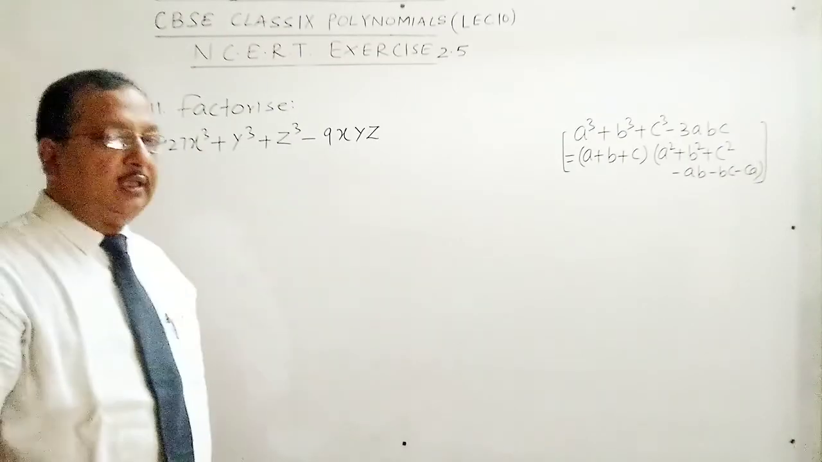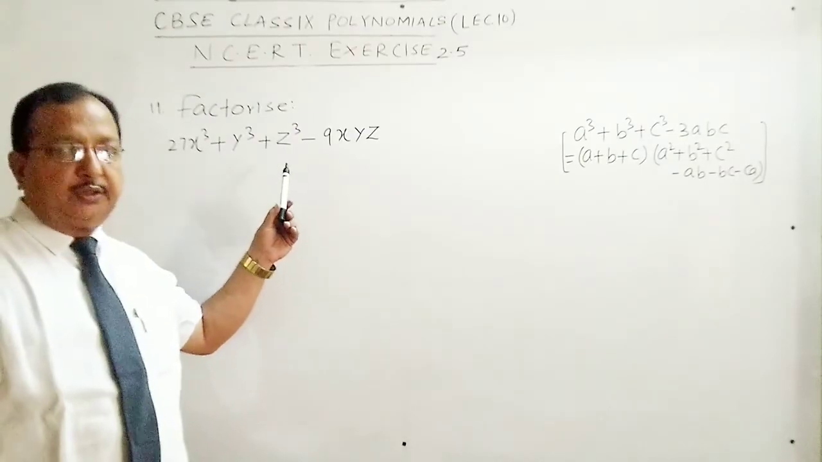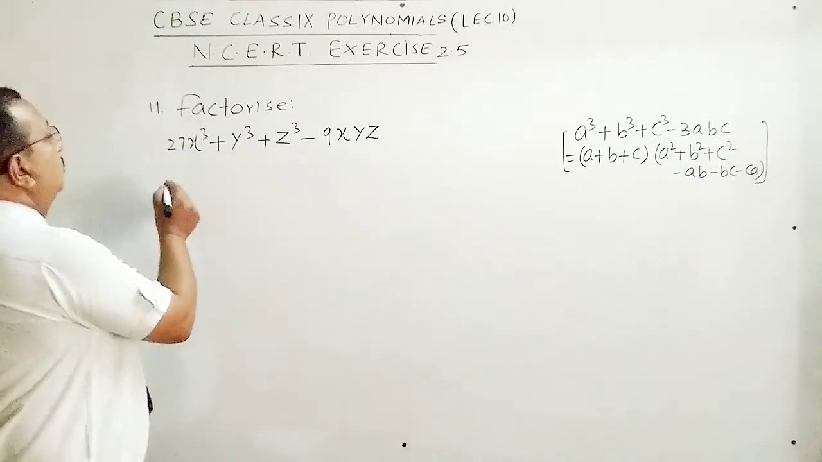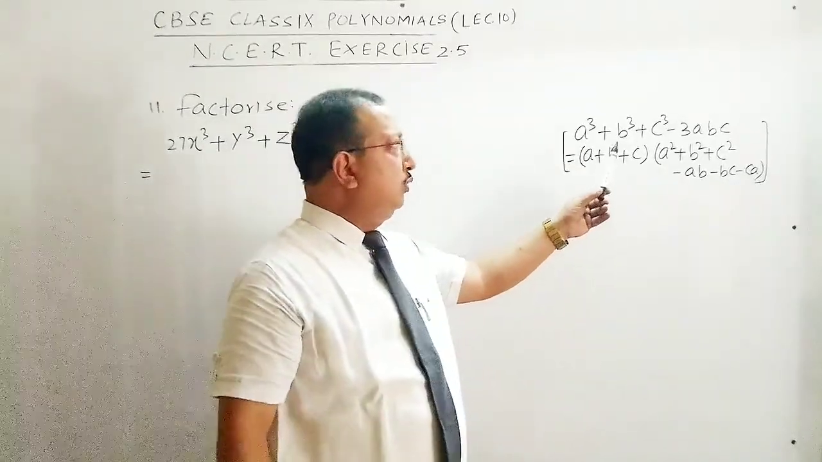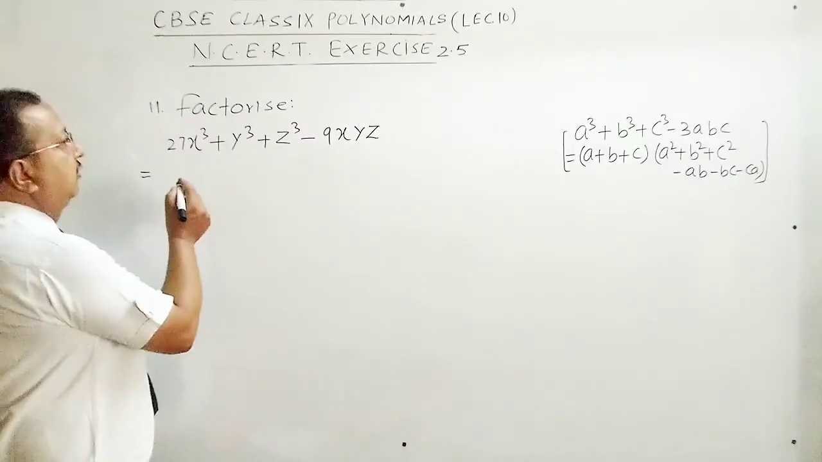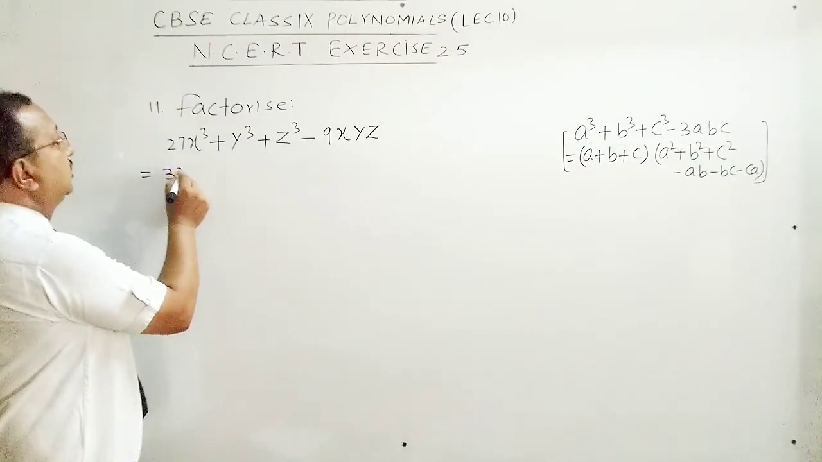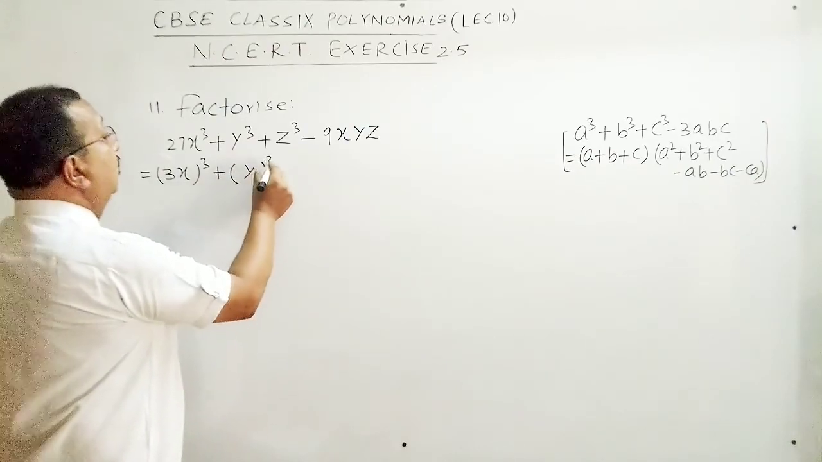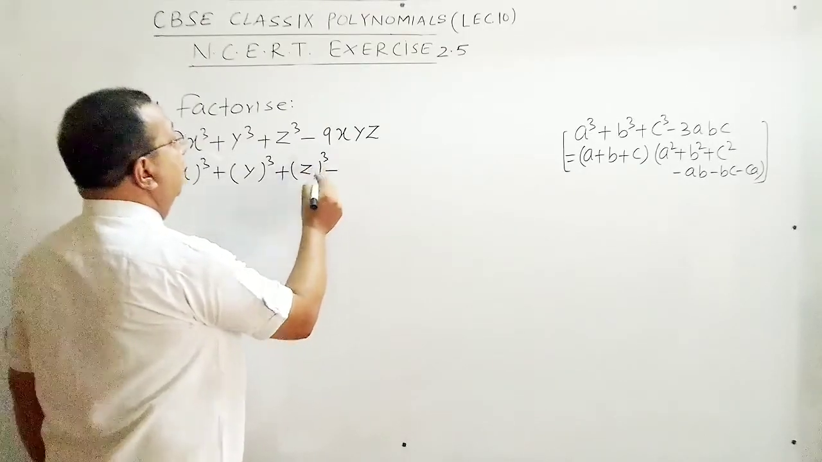Now question number 11, factorize. It is 27x cube plus y cube plus z cube minus 9xyz. You can think of the identity that is a cube plus b cube plus c cube minus 3abc and arrange the given polynomial in that form. 27x cube is the cube of 3x, y cube is the cube of y, z cube is the cube of z, minus